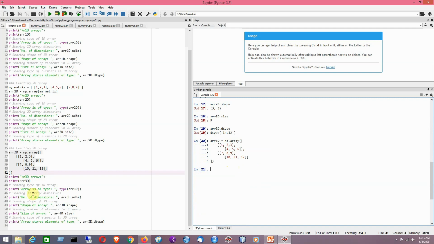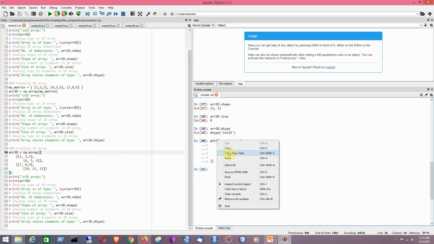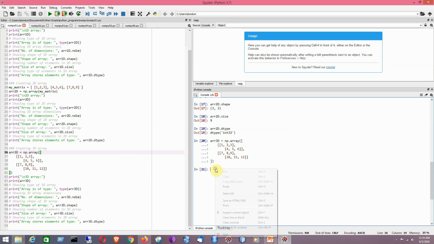So now I will be... Here I have applied the method directly. Just by using the direct approach, I have created the three-dimensional array. So now I would like to check whether it has been created or not. I can test it here also. So it has been created successfully. There is no problem.